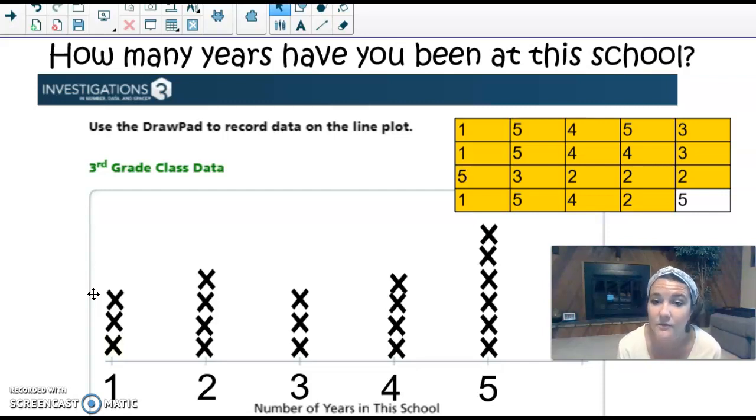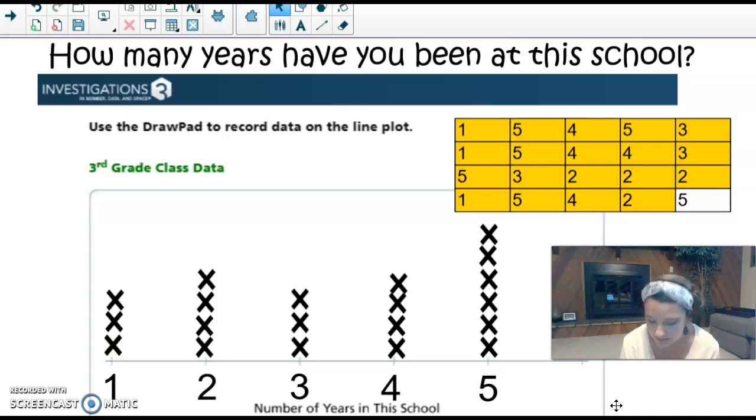You're right, it stands for one student. So one X represents one student. Okay? So what do the numbers mean at the bottom? You're right, it tells us on the line plot the numbers represent the numbers of years in this school. Okay? So